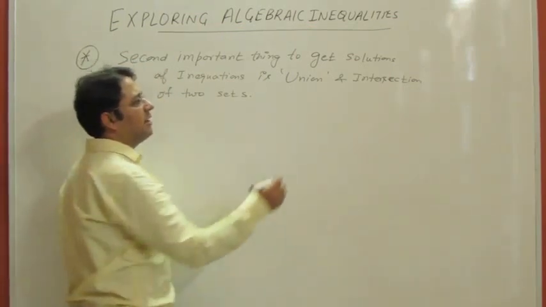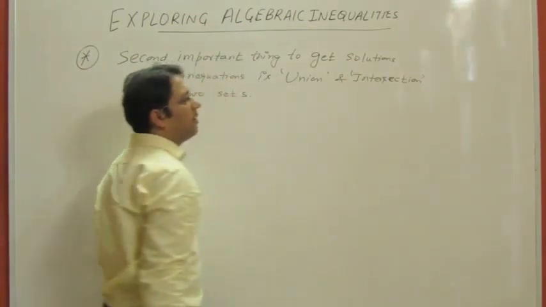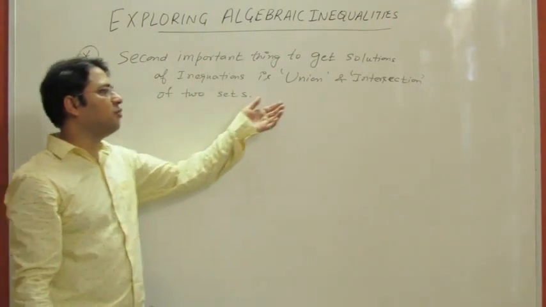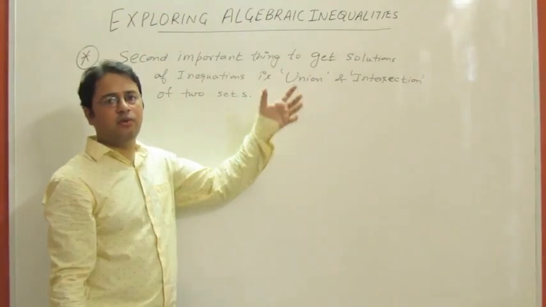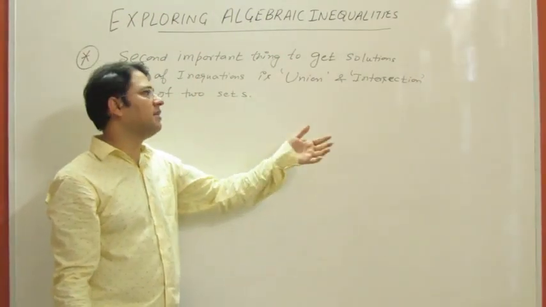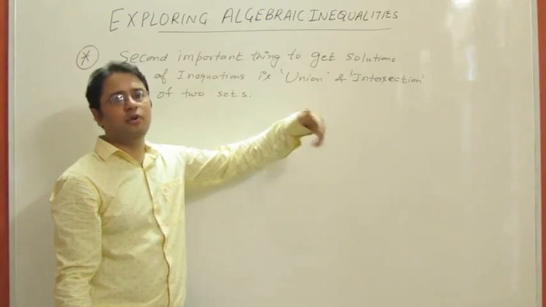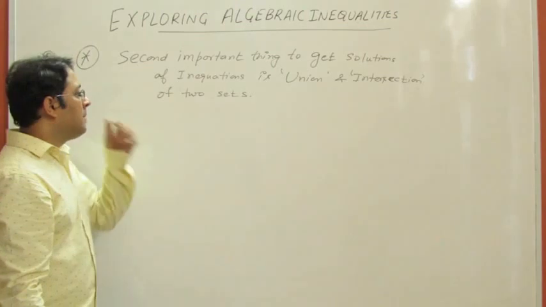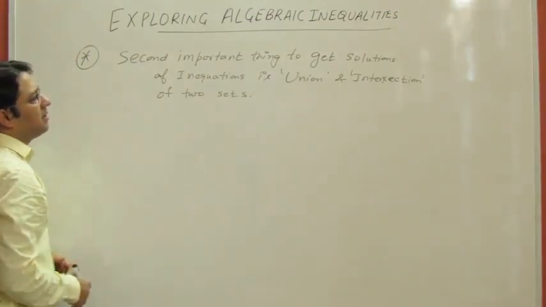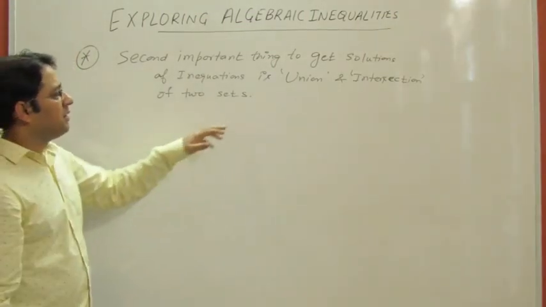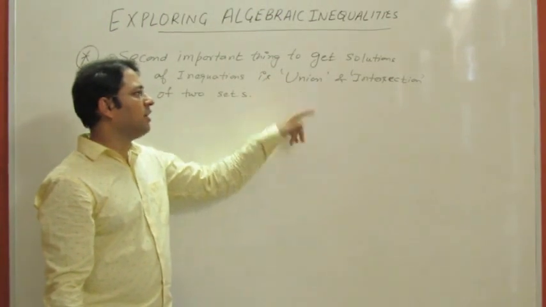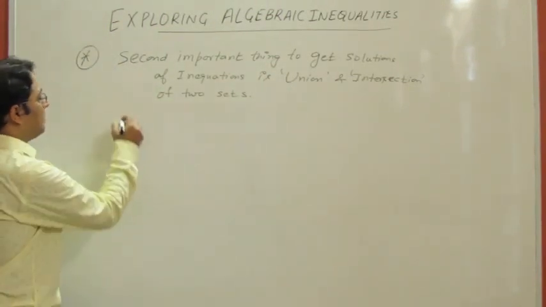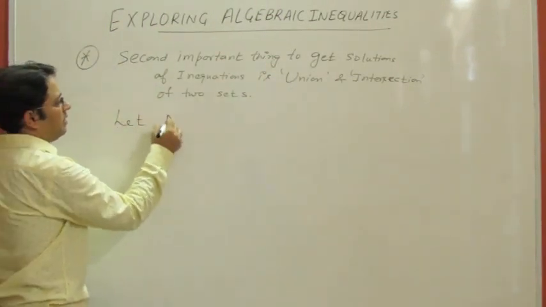because there might be times when we have to do the union of two sets on the real number line to get a particular solution, and there might be times where we need to do the intersection of two sets to get a solution. Now if we see union of two sets, so let A be a set